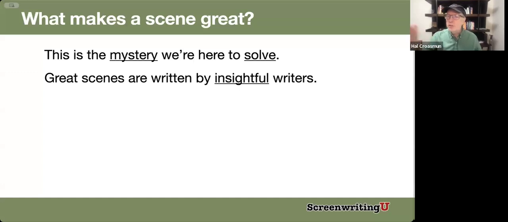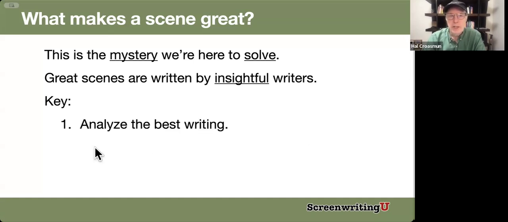This scene took us to so many layers of depth. It gave us so much more. The writer on this deserves all the success they ever got, because, again, Vince Gilligan and whatever team he had, they wrote this at such a deep level with so much value in it. The keys to this, what makes a scene great?